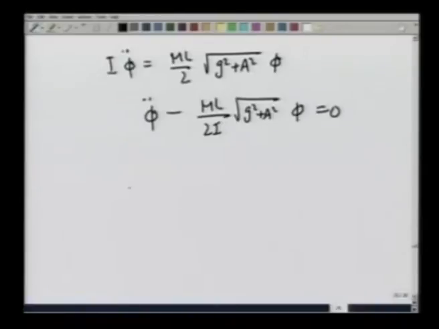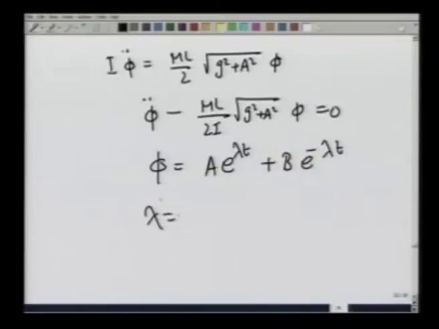And the solution of this we have already seen in many examples is of the form phi equals a e raised to lambda t plus b e raised to minus lambda t, where lambda square is m L over 2 I the square root of g square plus a square. So, you can see with time the solution is going to grow, phi is going to grow, and therefore, the equilibrium is unstable. Problem number 2